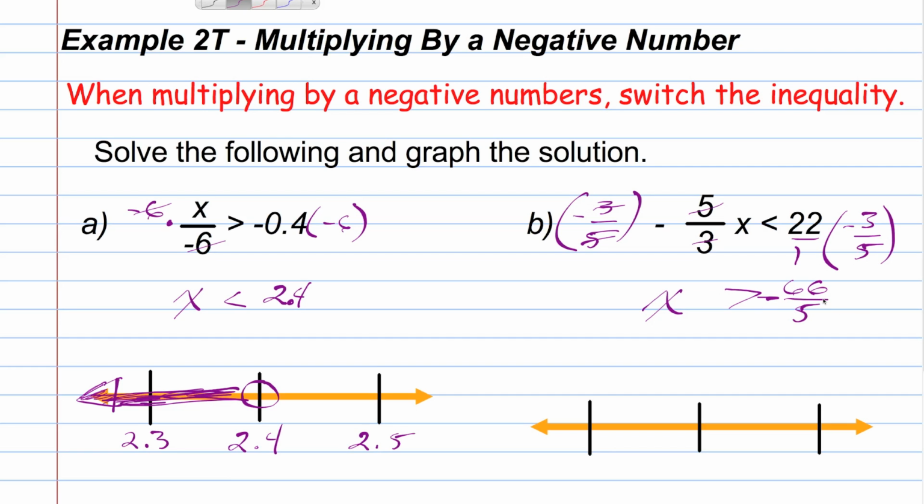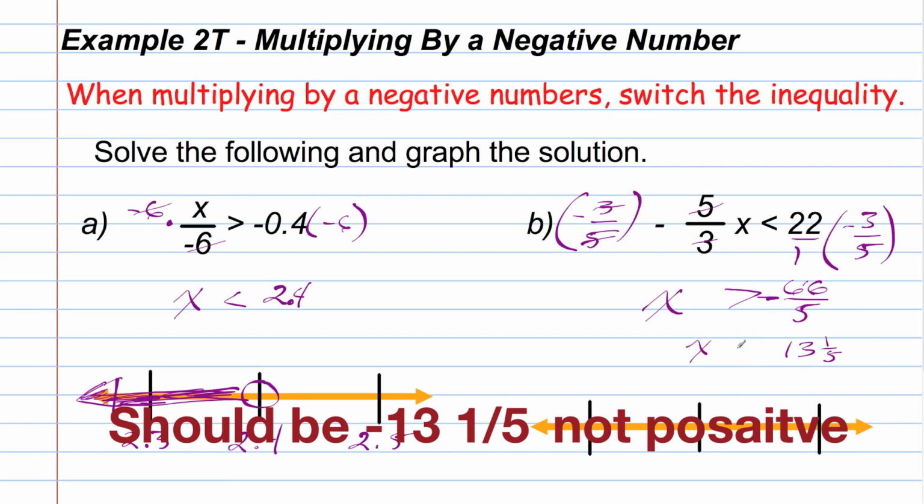So, changing this to a mixed number, 5 goes into 6 one time with 1 left over. 5 goes into 16 3 times with 1 left over, 3 times 5 gives 15, so we subtract, and that gives us 13 1/5. So x is greater than 13 1/5, so that'll be my number in the middle. On the right, I'll put 13 2/5, and on the left, I'll just put 13, because that'd be 0/5, or just 13. Open circle, because there's no equal sign there, and I'm going to shade to the right,